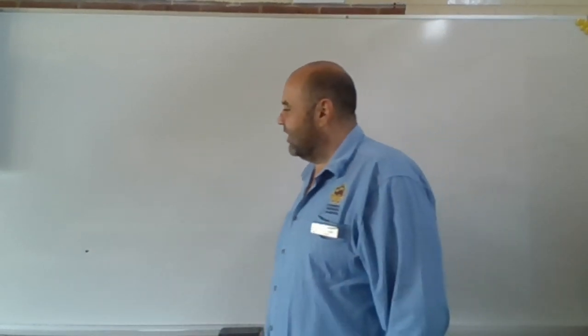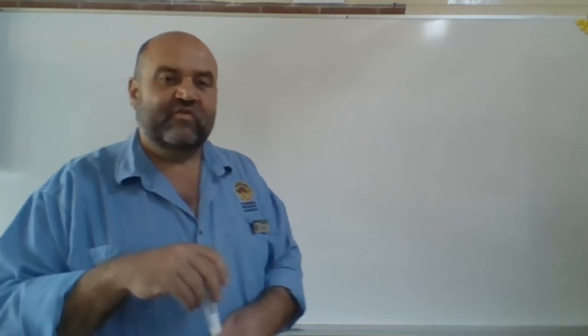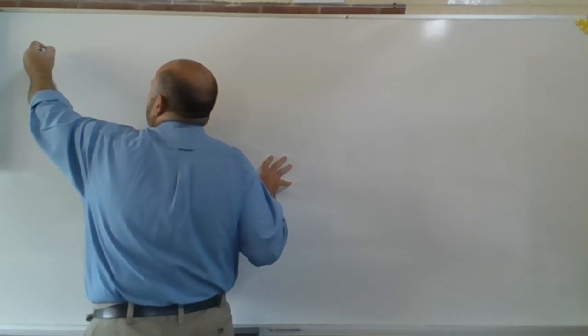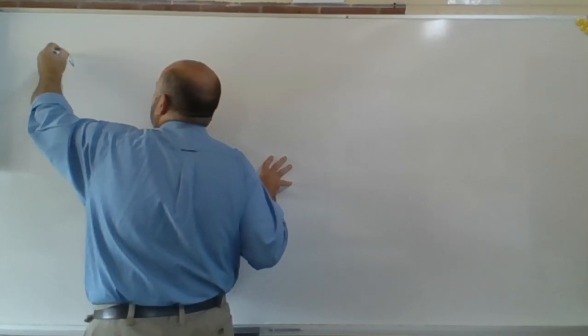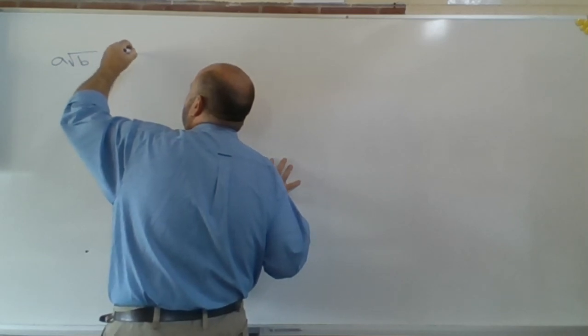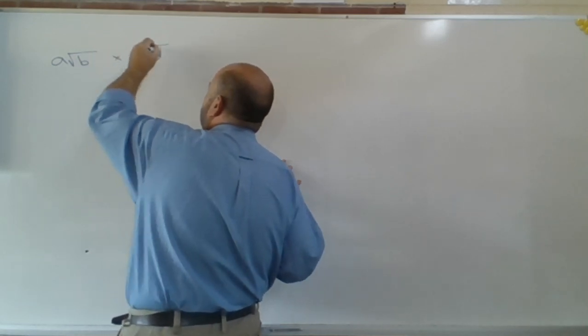Righto, folks. So we're going to look at the beginnings of exercise 2C, which is about multiplying and dividing surds. So what are we talking about when we're multiplying or dividing surds? If I've got A times the square root of B, multiplied by C times the square root of D,